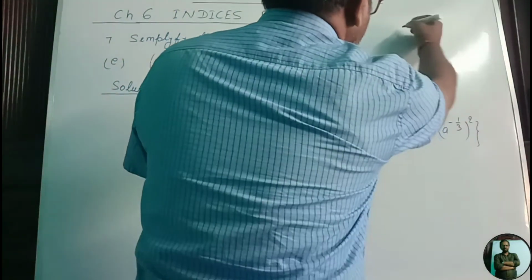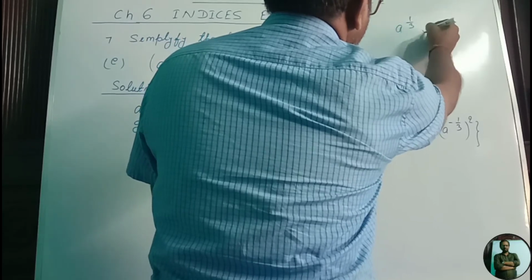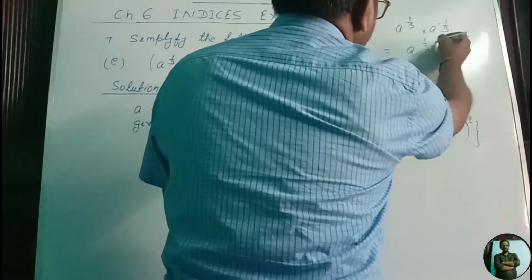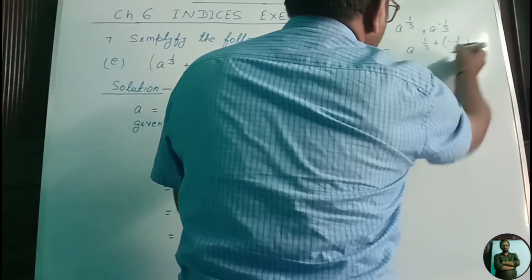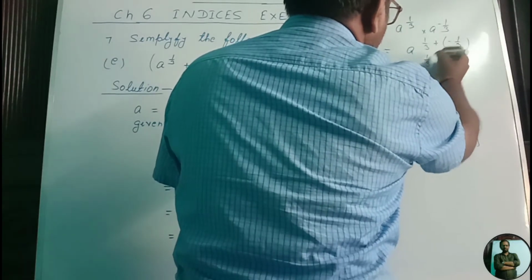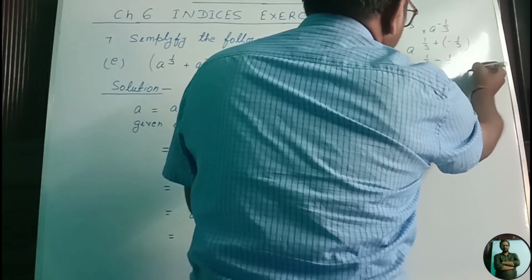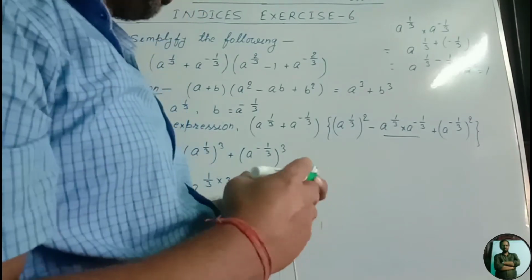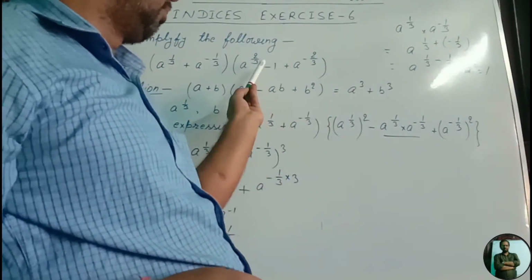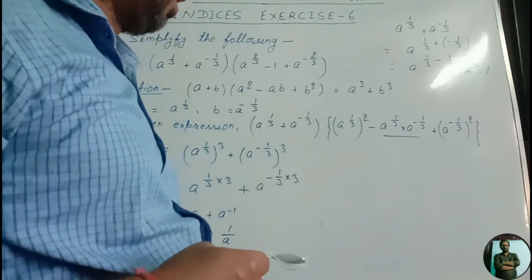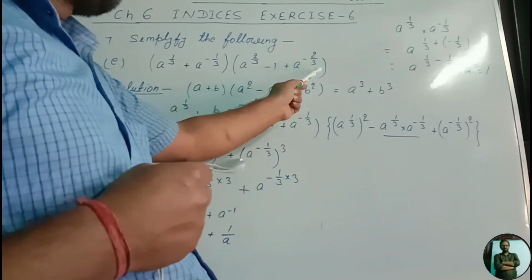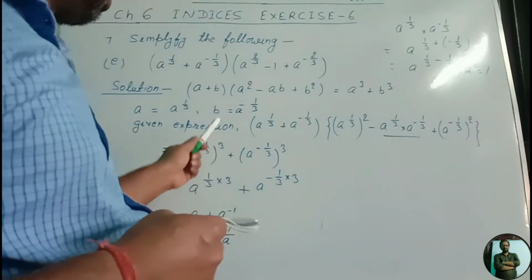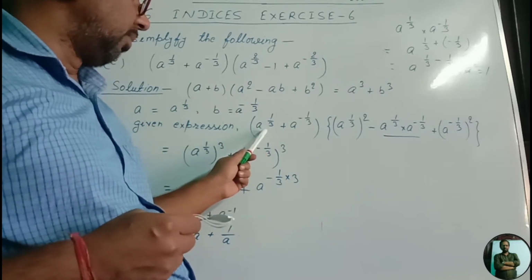Here you see the rough calculation. This expression I am doing here, a to the power 1/3 into a to the power minus 1/3 equals a to the power 1/3 plus minus 1/3. So in the next step, 1/3 minus 1/3, it is being a to the power 0, that is equal to 1. So from here we are getting back 1. Since minus is there, here minus is coming. And now this a to the power minus 2/3 is written as (a to the power minus 1/3) whole square.